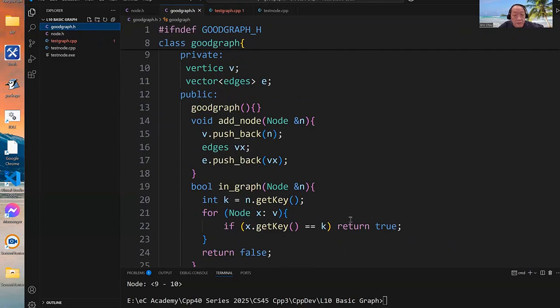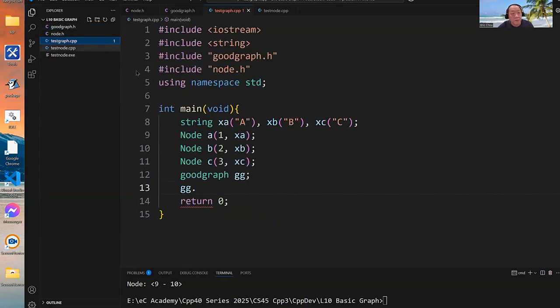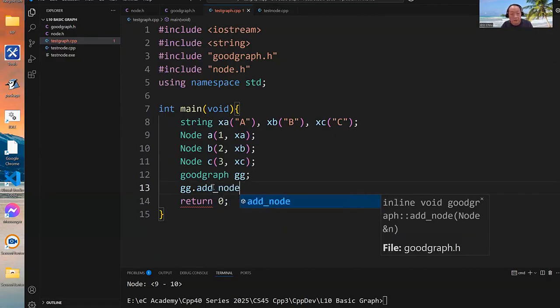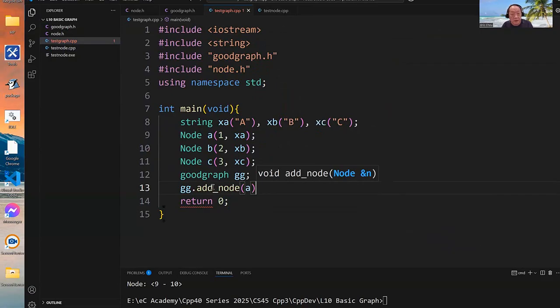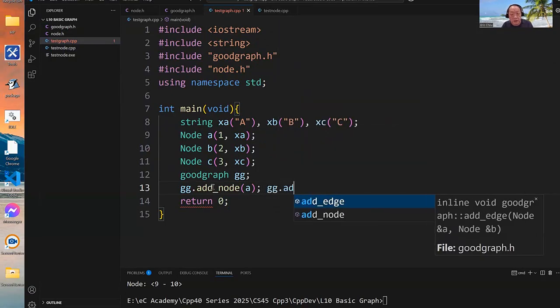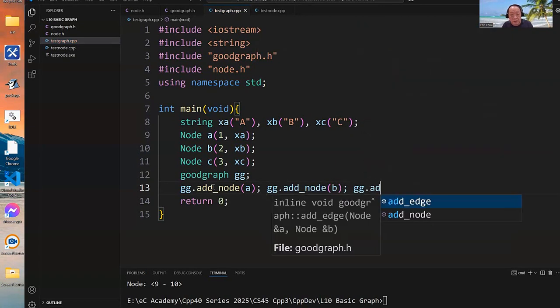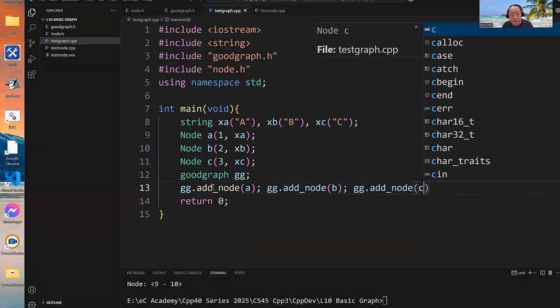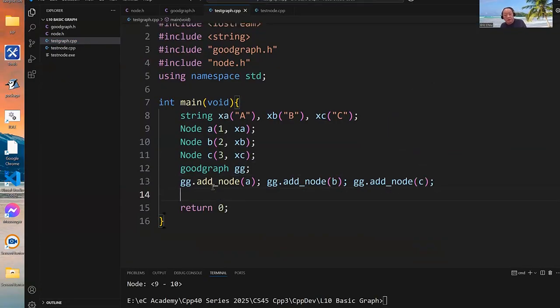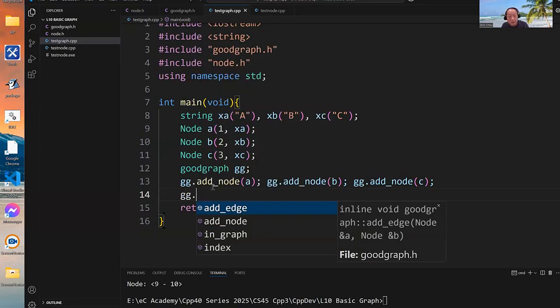GG dot we would put, we create it, so a node, okay? So a node, we are going to do GG dot add node of XA, GG dot add node of XB, GG dot add node of XC. Okay, so we add 3 nodes there,